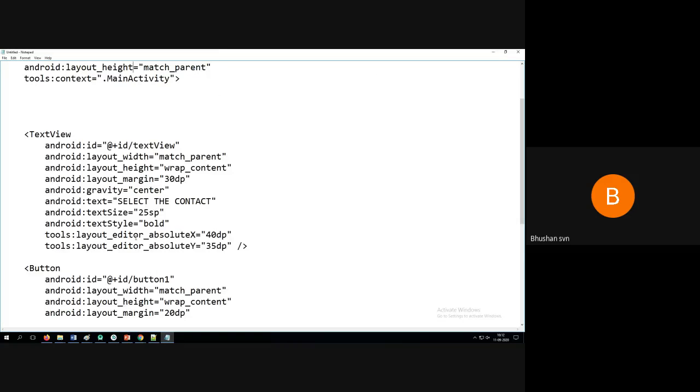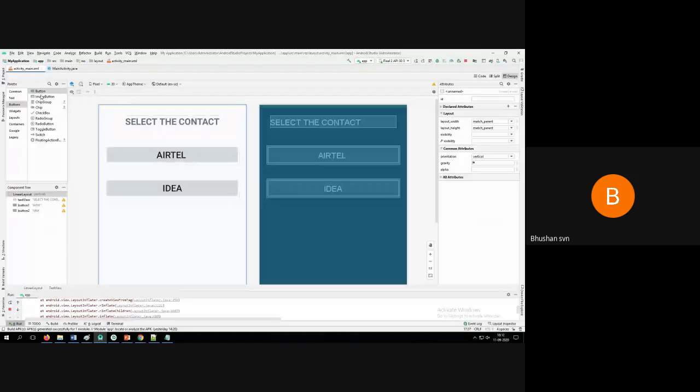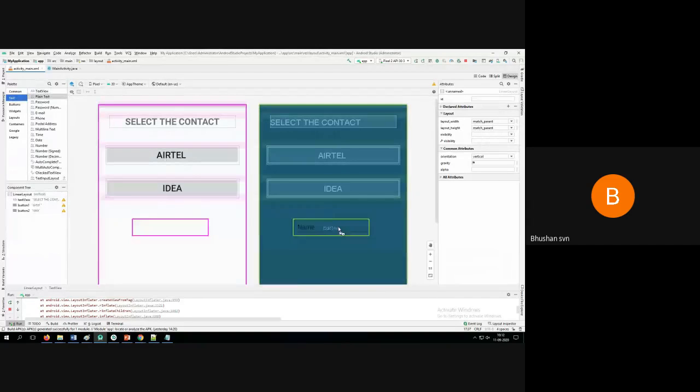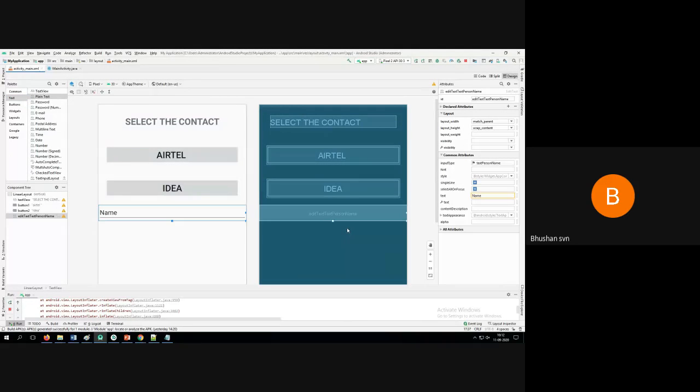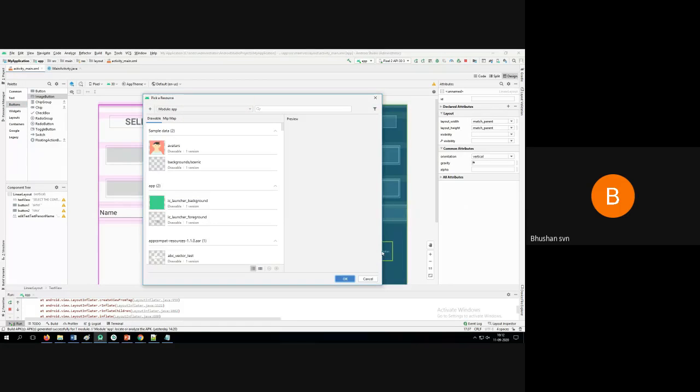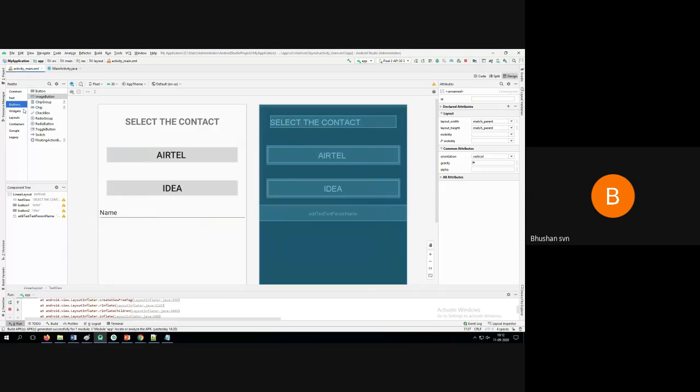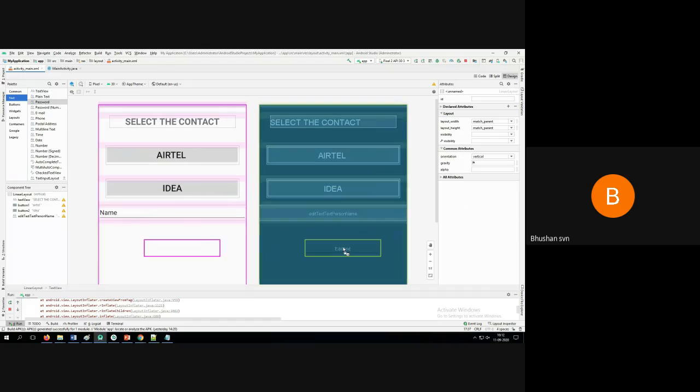Now after that, I have created a text view. So here in this place, I have just dragged and dropped the text component. Somewhere I will just drag like this. It is taking some name. Similarly, say button, I'm placing in some place. So like this, whatever I want, password, I'm placing something.